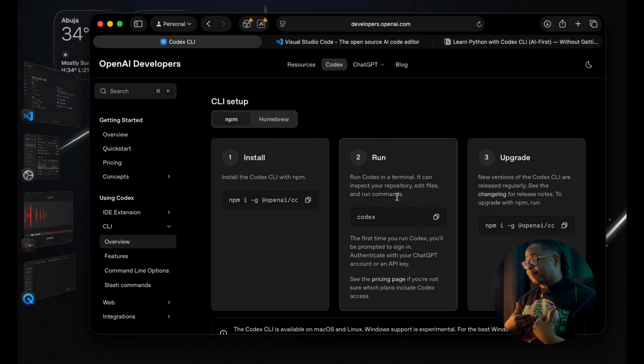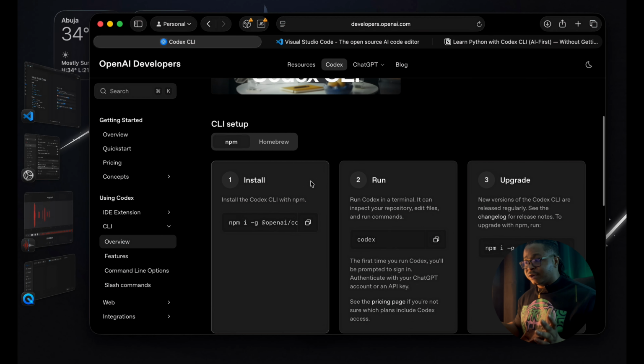Codex has been a tool I've been using for a very long time. It's very easy to use, it's very intuitive. I do like the features firsthand, especially Codex Cloud as well. And let me not dive deep into all of these technical jargons, to be honest. Don't worry, as you keep going through my channel and all the videos I'm dropping, I'm going to be touching on all of the different features of Codex as we move along. But right now, we're just going to keep it simple, and let's get your first app up and running, to be honest. So next thing you need to do is to install Codex.